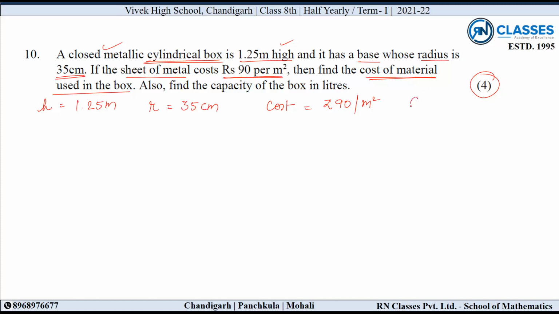Cost of material. I have to find cost of material and capacity of box in liters. Capacity भी निकालनी है, तो कोई पार्ट मिस नहीं करना है, कैपेसिटी भी निकालनी। सबसे पहले कॉस्ट ऑफ मटेरियल निकालते हैं। हाउ विल यू फाइंड कॉस्ट ऑफ मटेरियल? अब जितना मटेरियल यूज होगा मींस एरिया, एरिया से मुझे मटेरियल मिल जाएगा,